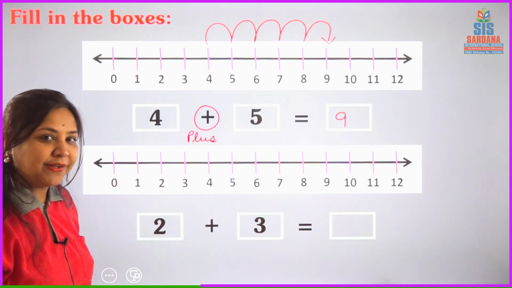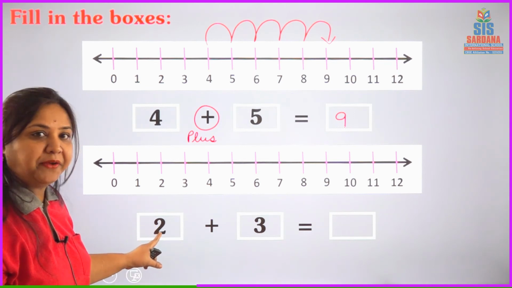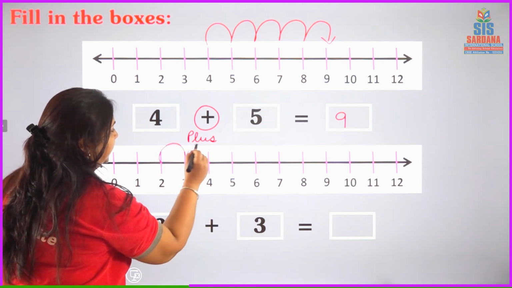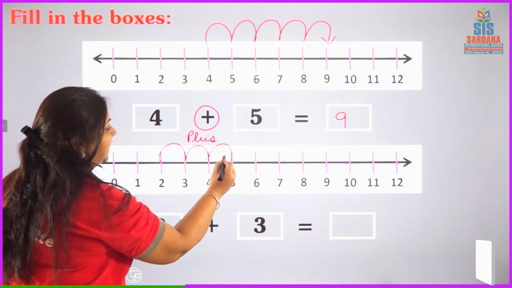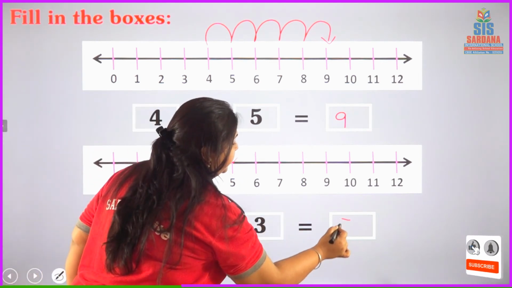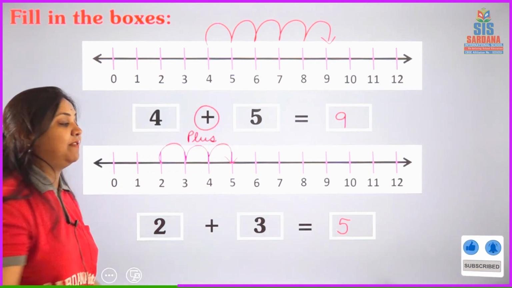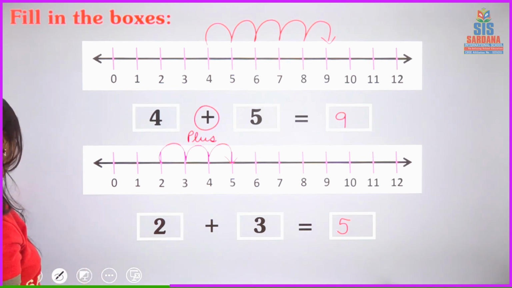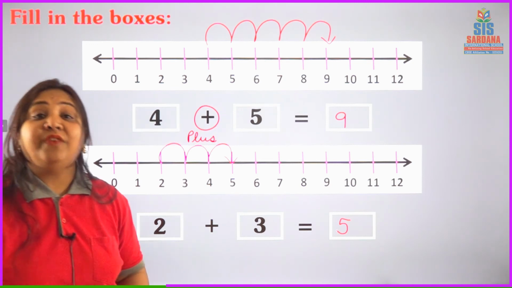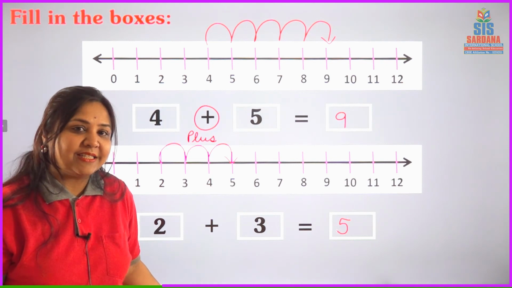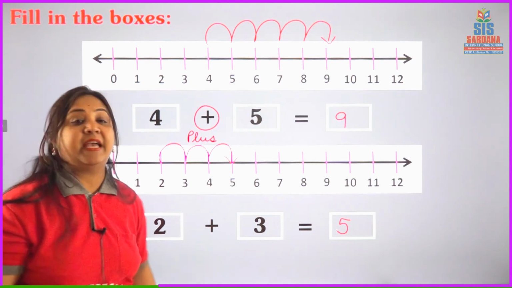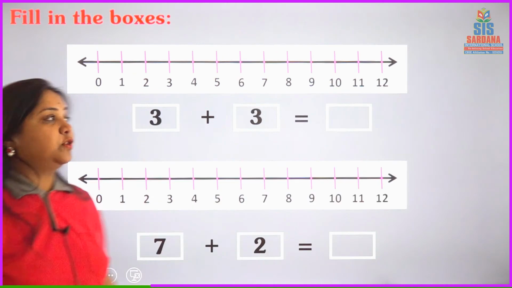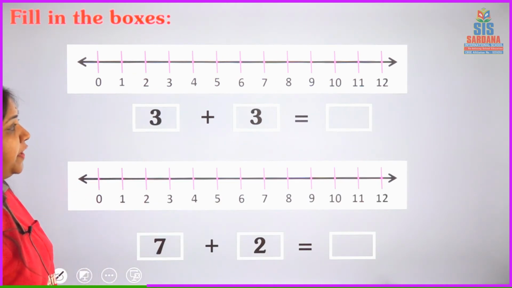Yes, who can do? Yes, we have to start. All can do. We have to start with the first number. Then how many steps forward I will go? 3. This is the third step and I reach to 5. It means if I will add 2 and 3, I will get 5. Isn't it easy, children? Without the help of objects, we have got the answer of these additions. So, with the help of this number line, we have solved these questions which are belonging to addition. So now, these next questions, again 3 plus 3.